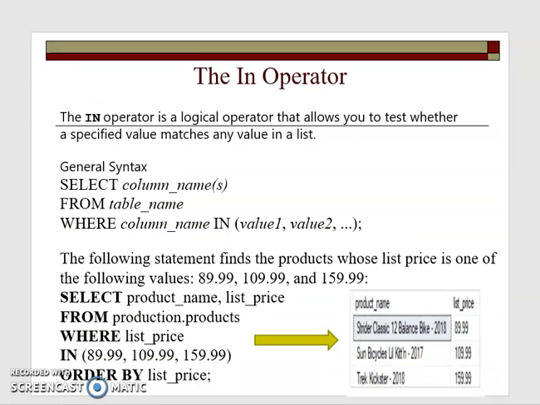Then we have what we call the IN operator. The IN operator is a logical function that allows you to test whether a specified value matches a value in a list. The general syntax is as follows. If you look at this example, the following statement finds the products whose list price is one of the following values. We select product name, list price from that particular table where the list price IN